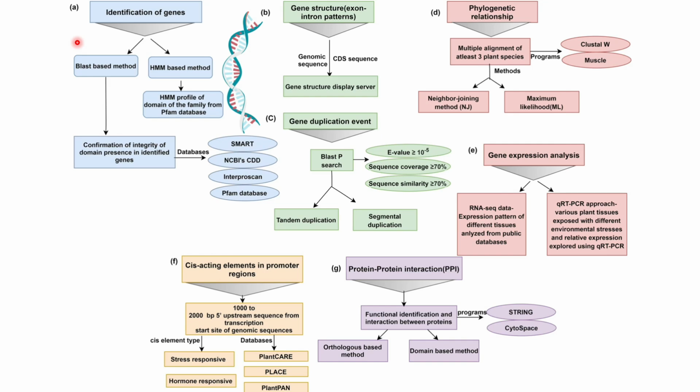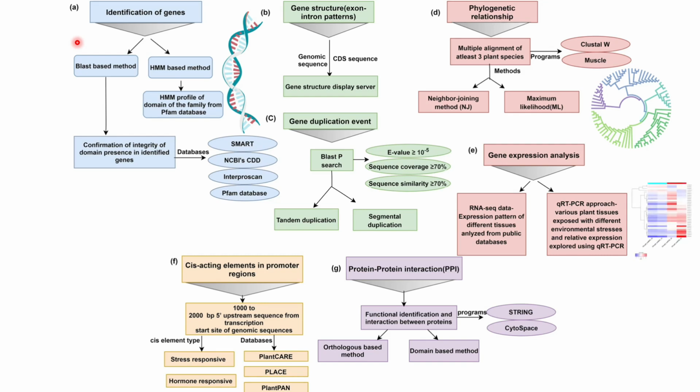After doing all this, we are going to make a phylogenetic tree. So what is phylogenetics? What is a phylogenetic tree? You don't have to worry about that. We are going to cover this as well. This is just a layout of our coming course. In the phylogenetic relationship, we are going to build a multiple alignment of at least 3 plant species. We are going to make the tree with the neighbor-joining method or maximum likelihood. It depends on the number of families that we cover in our research guide.